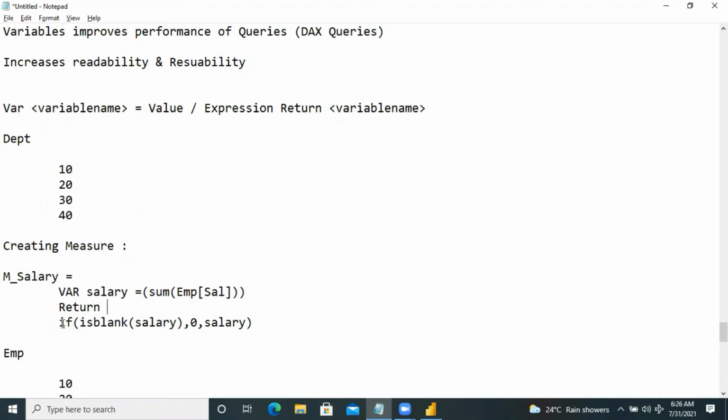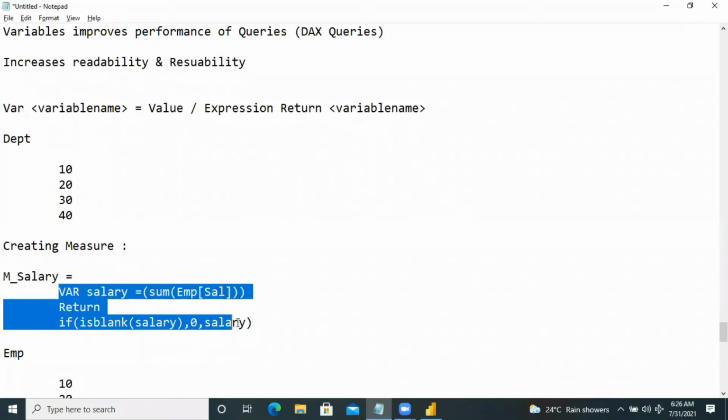Here I'm using the IF statement in the return value. If ISBLANK, if the salary column has any blanks, here I'm getting 0. Otherwise, we have the salary value. Like this we can prepare the scripts.